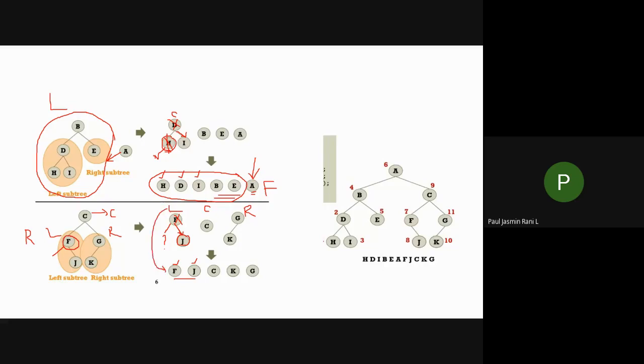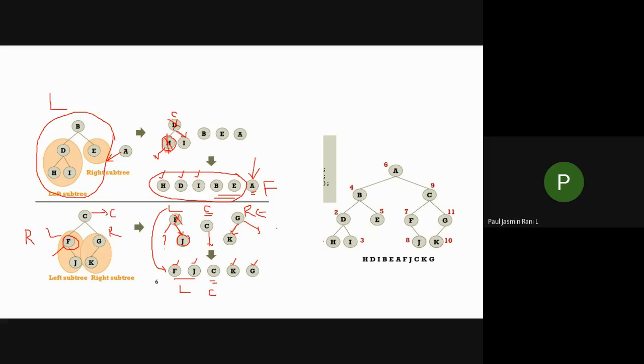Now after completing left, what do I have to do? I have to see the current node, that is the root node. So the root node is printed. After completing left and root, what do I have to do? I have to go for the right subtree, isn't it? Again in the right subtree, mark this one as your root node. Then you have to see the left child. If you don't have a left child, I can visit this G. But here I have a left child, isn't it? So I have to print this K. After that only I have to print this G.